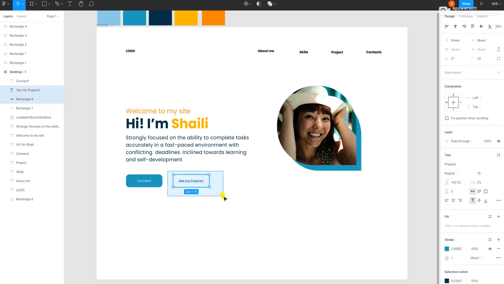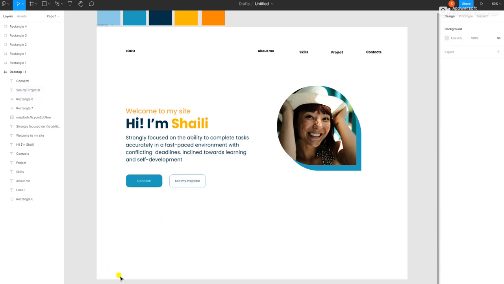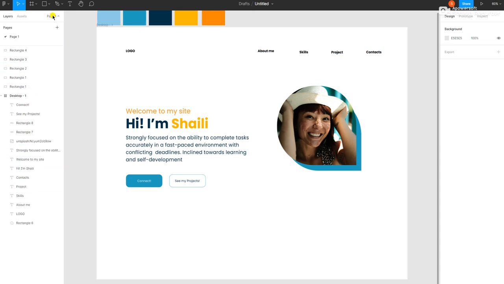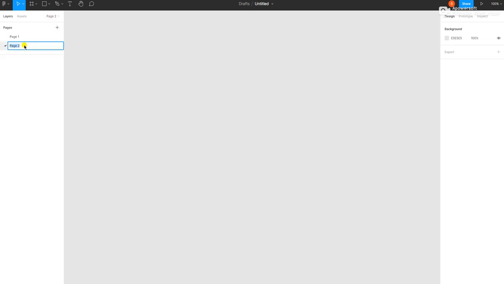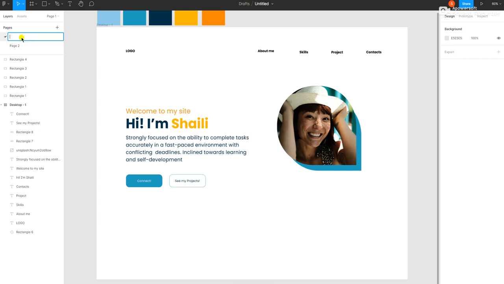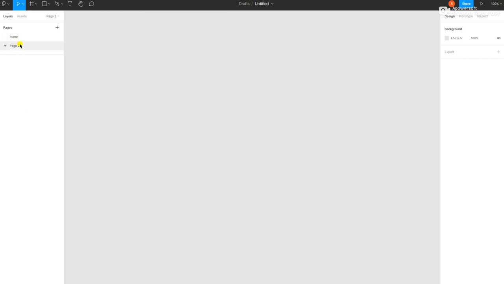And then together you can select it and rearrange it wherever you want it. So yeah, we have completed the first page. Now we will add all these pages, 4 pages. For that, go to page 1, click on page 2. Now I'll just rename this as home,